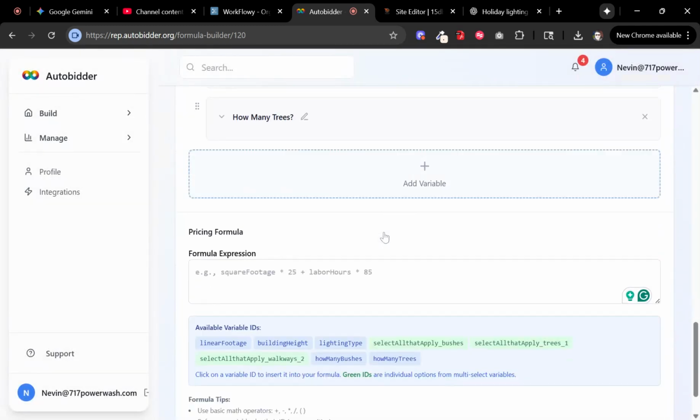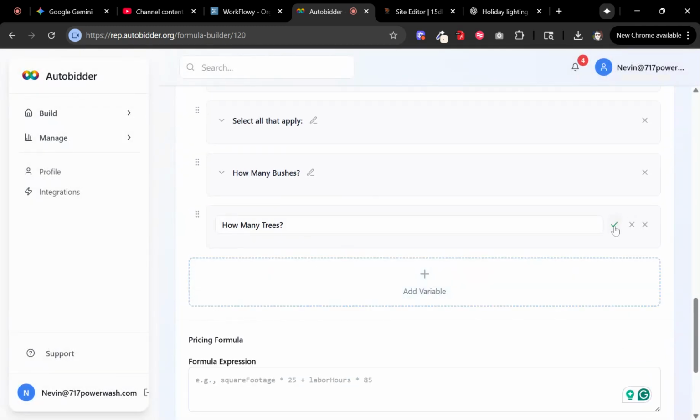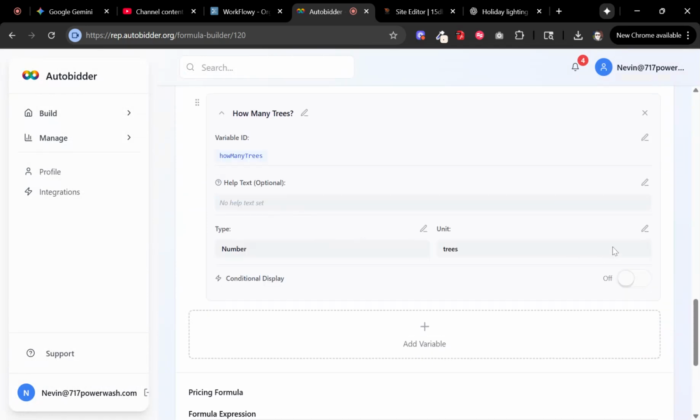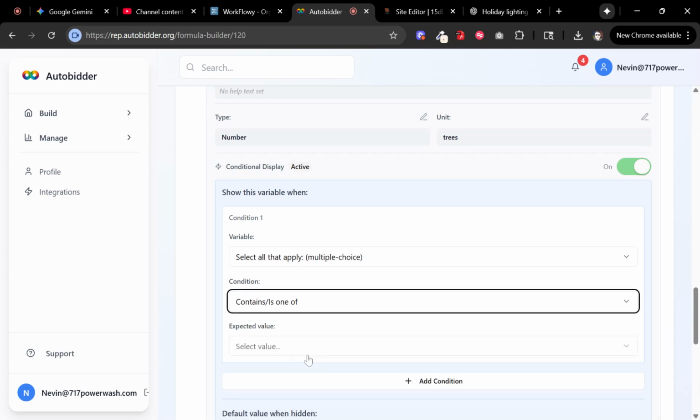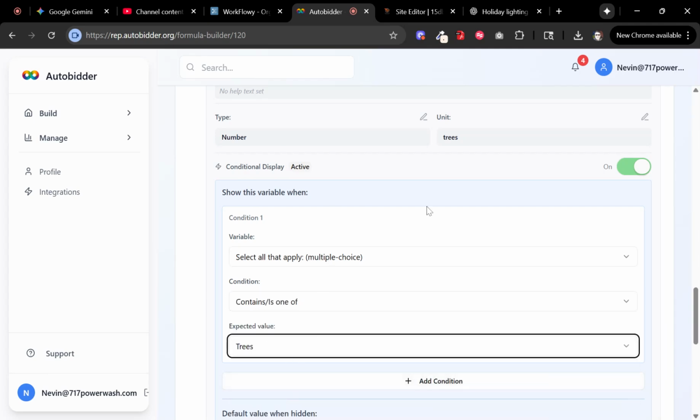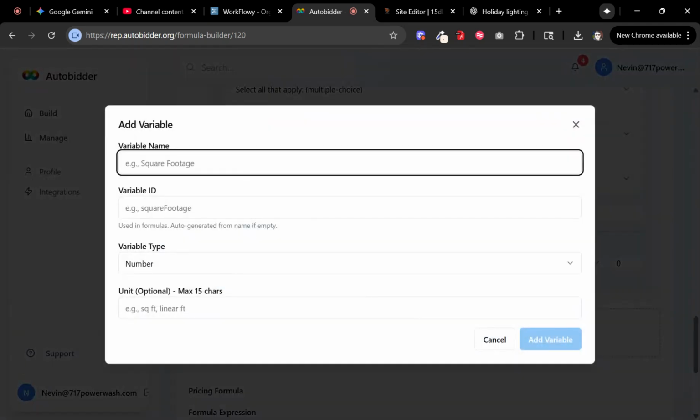Again, that'll just be another number input. And then again, we also want to make sure that we turn this on, conditional question, and it only applies if the user selects trees. And now we just got one more,